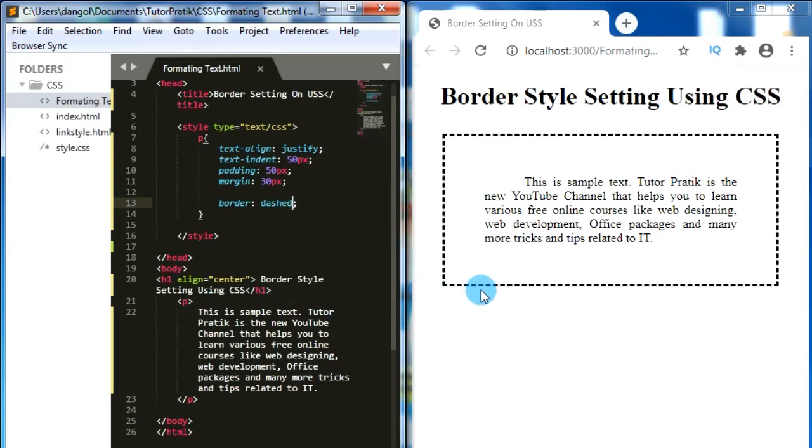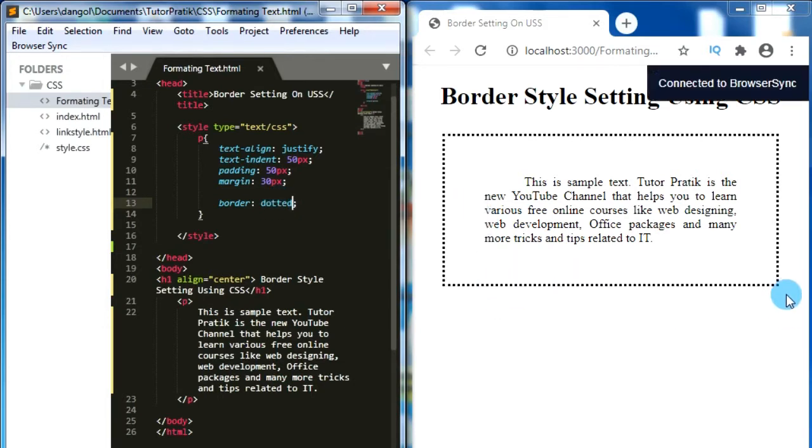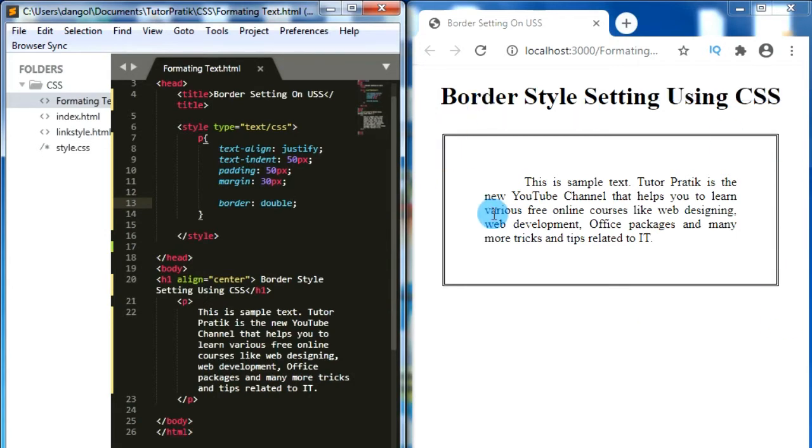Now we can see that we have the dashed style of border line. Similarly, we can use dotted, which gives the dot line style for our border line. Also we have another styles like double, which gives the double line for our border. And along with this, we have some 3D featured styles like groove,